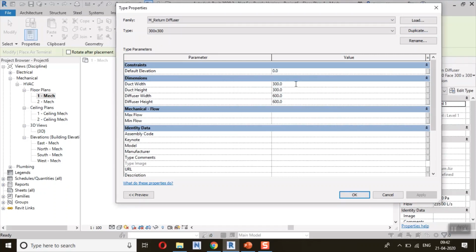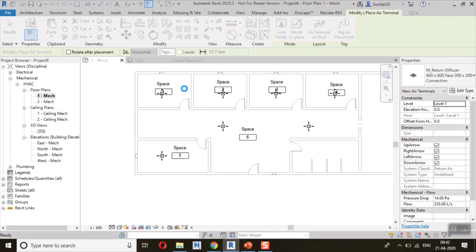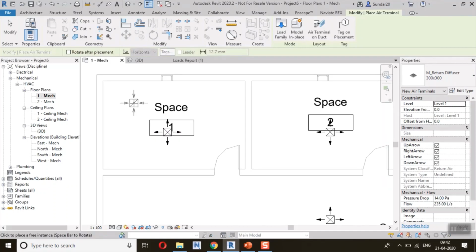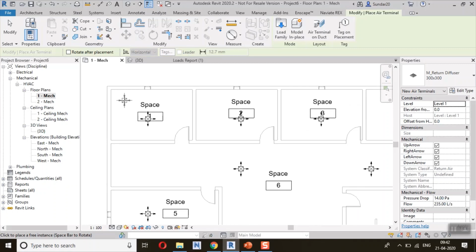So this one is okay. 150 cross 150. This one is 300. So the simple indicator: the inside arrow indicates a return diffuser. Okay, I'm placing the return.